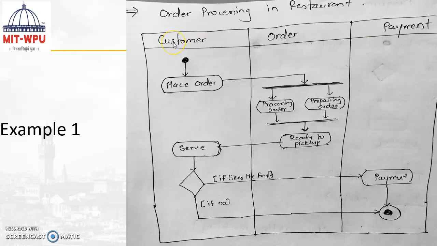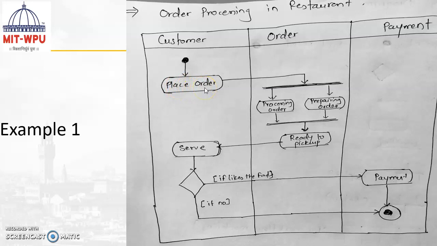So now let's start with the execution of a customer. To start your activity diagram, we have to use a start point, and the notation is a filled circle. Now from the start point to an activity, the transition is moving. We can call it an activity with the name place the order.